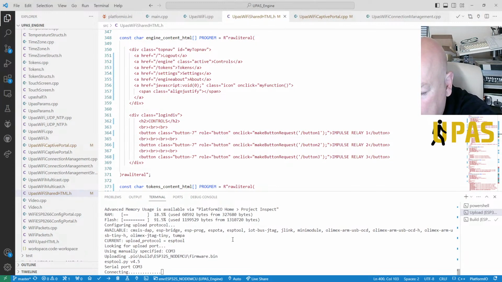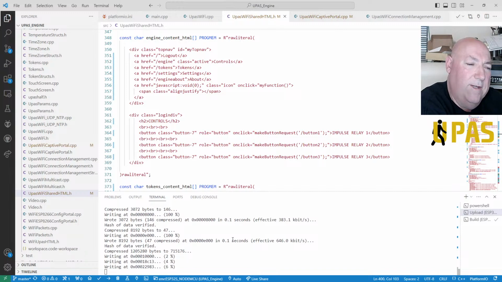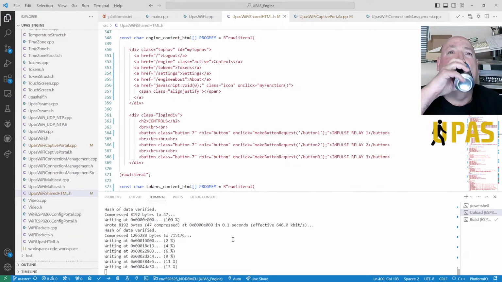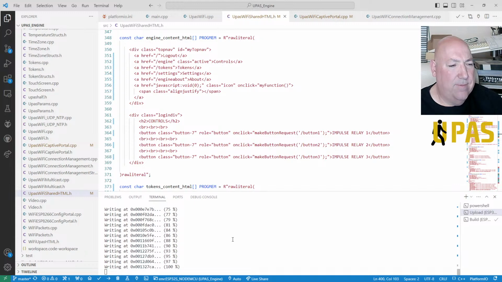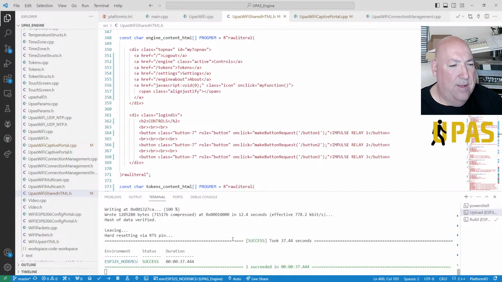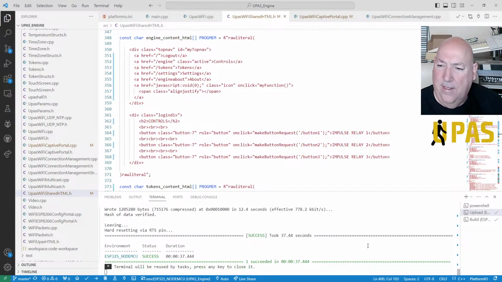Right, I need to do the L buttons. Yeah, so we're writing it. Right. Okay. So we could ask ChatGPT if it could make me a processor to update a list of tokens. I need to update that list.